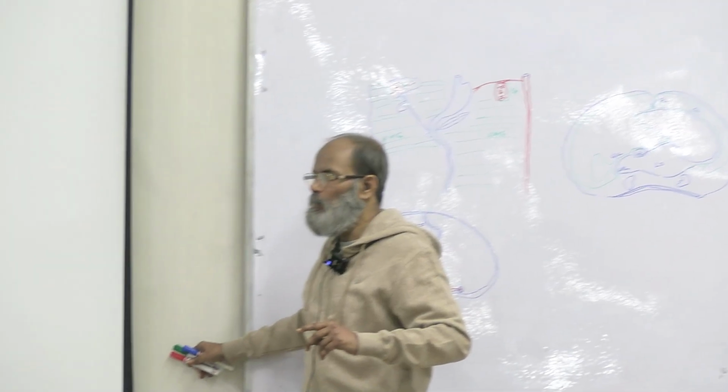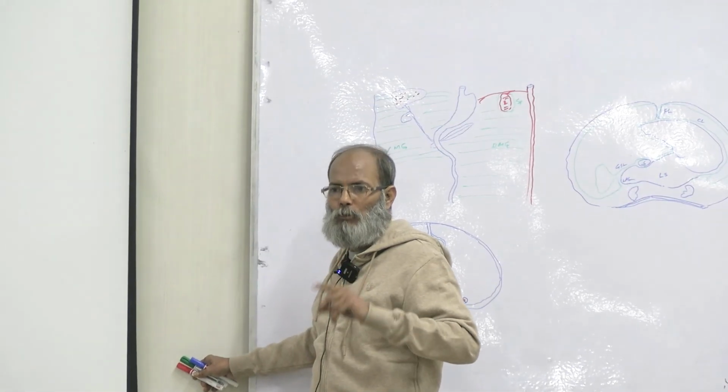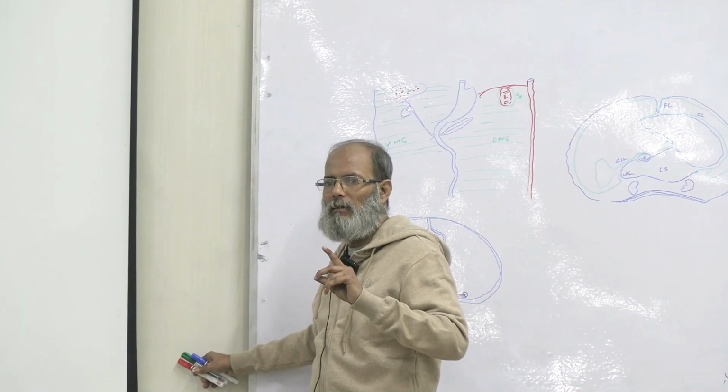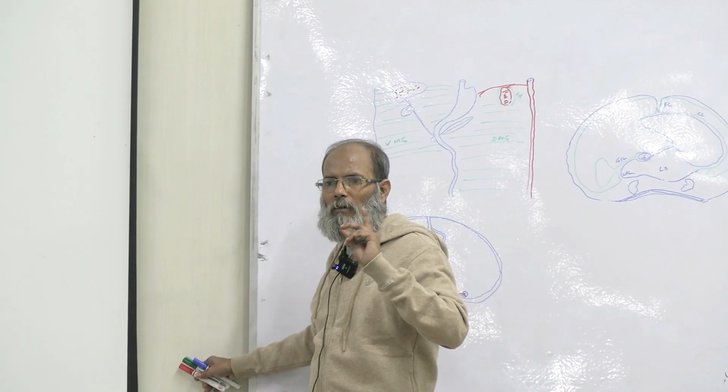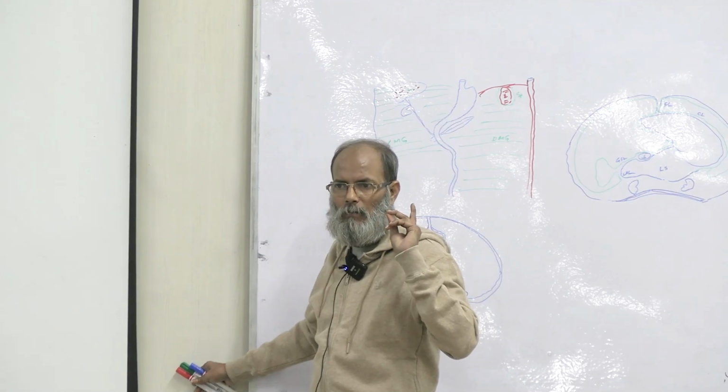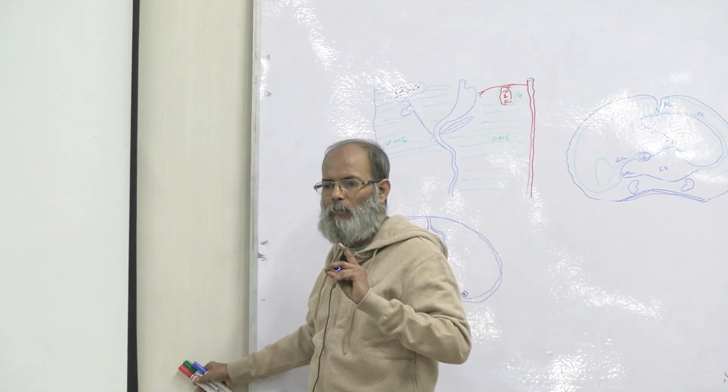From the liver to the stomach, this part is the lienorenal. This part comes from the ventral mesogastrium. All right, and the posterior aspect,